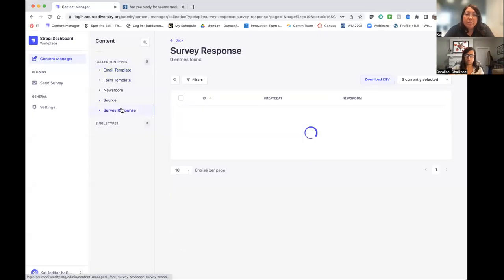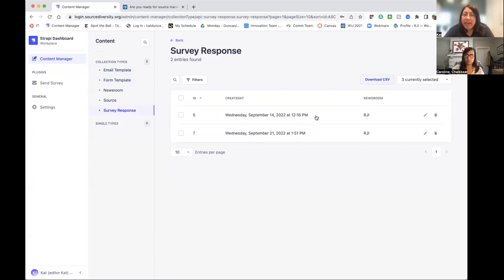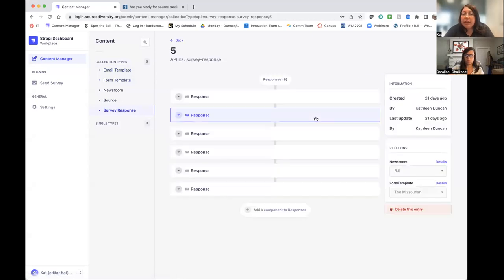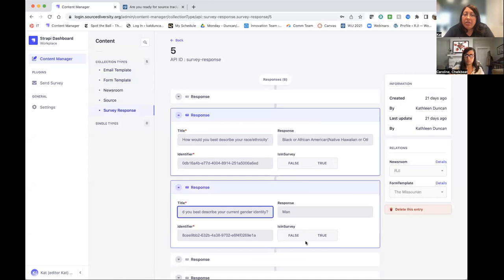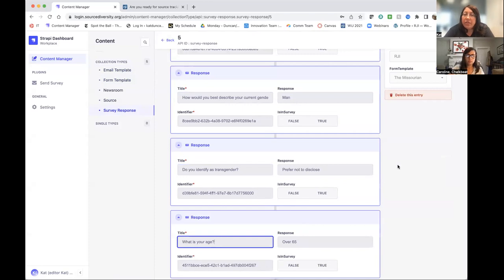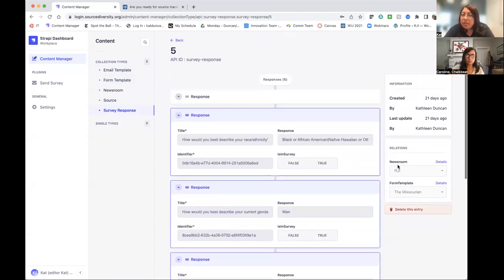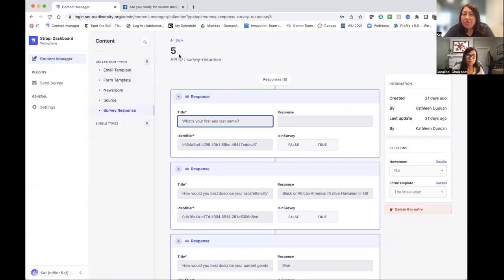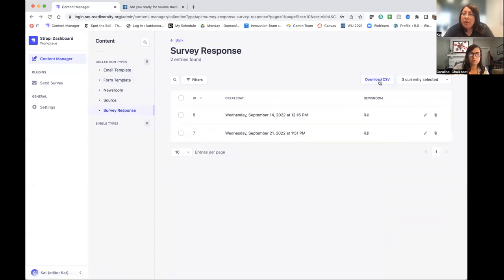So I go to survey response, and you can see it two different ways. You can click on the individual and you can see what they chose, right? Prefer not to disclose, man or woman, over 65. So you can see the individual answers if you're just looking for a specific source survey, or you can download